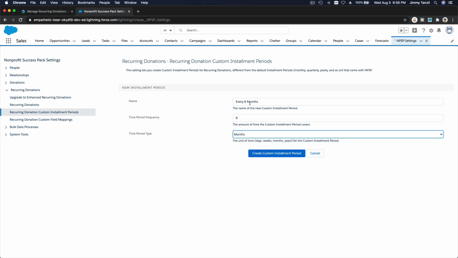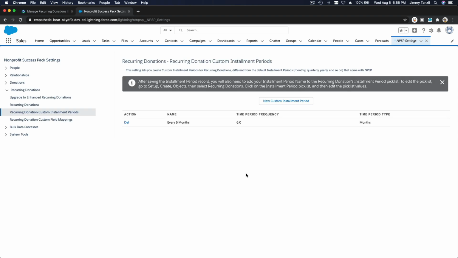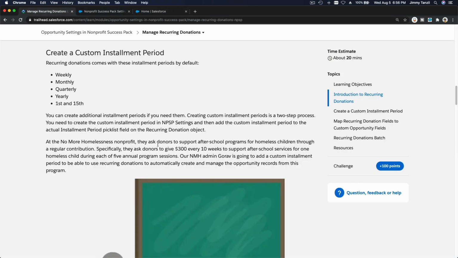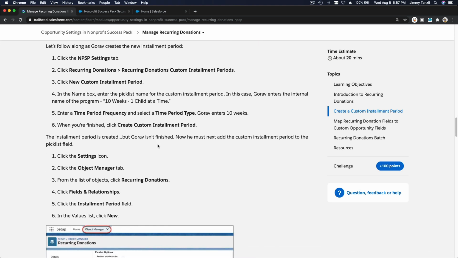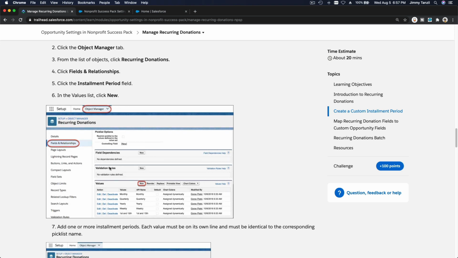So every 6 months, right there, right? Create custom installment period. So we have one, and then once you created that, you also have to create on the object manager of the recurring donation new pick list options for the recurring donation